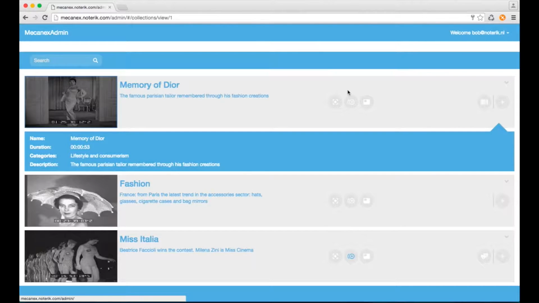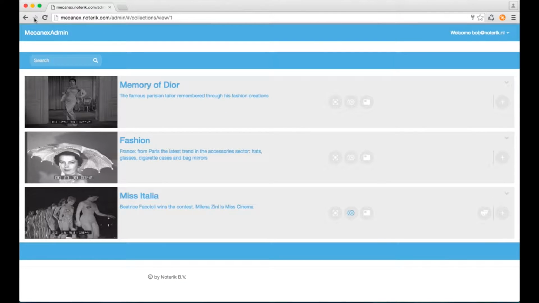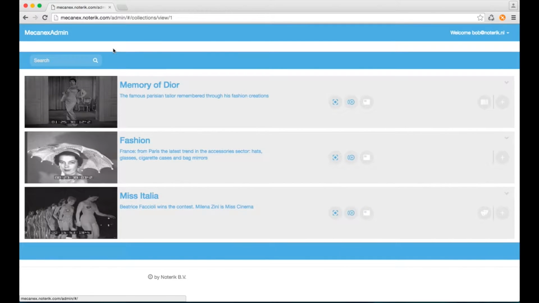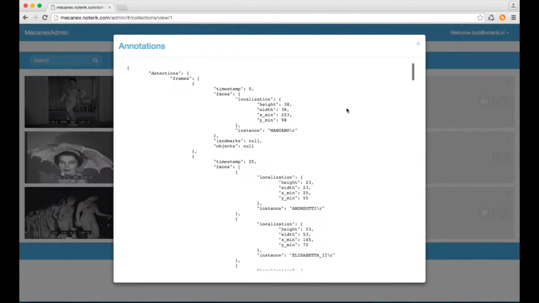However, in the background, stuff is now being triggered. The page has to be refreshed through the browser to see this. So if you go back and forth, this won't work, as you can see. However, when I reload my page, you will see that for all videos now there are annotations, and they already have content enrichments added to them. First, the annotations: you can view them, but of course this is the JSON output, so it's